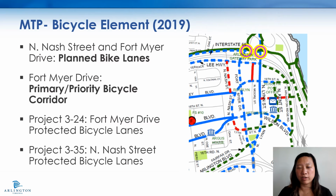The cross-section of North Nash Street as proposed by the Ames site plan does not include a northbound bicycle lane along the project frontage as called for in the MTP bicycle element. Instead, it includes a parking lane that is not called for in the sector plan. For the interim period of time after the Ames project is delivered and until the Fort Myer Drive tunnel is removed, staff supports the southbound only uphill bicycle facility along North Nash Street. Post-tunnel removal, staff will reevaluate the pavement markings along North Nash Street to determine the appropriate allocation of right-of-way for